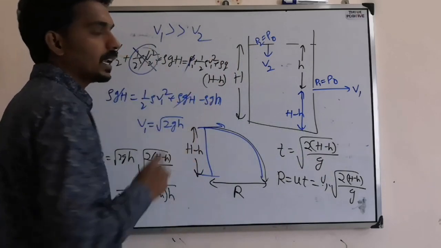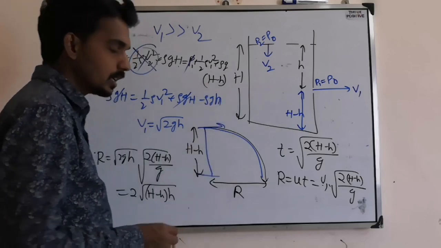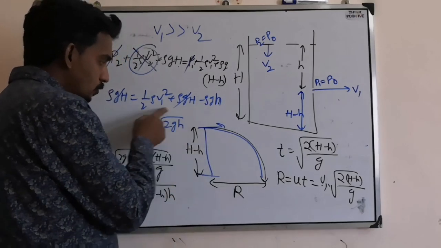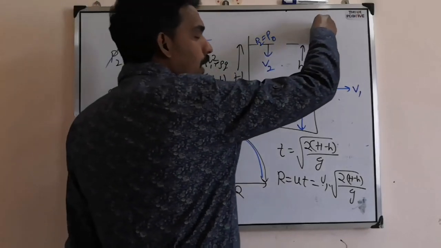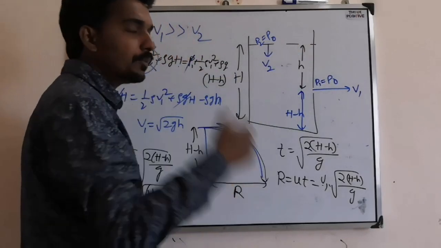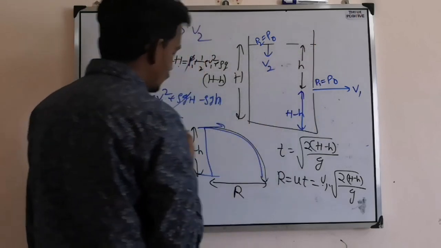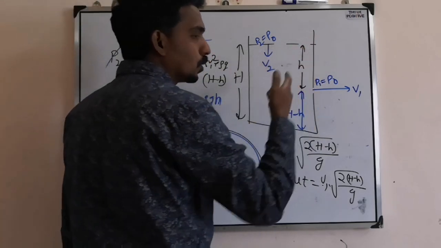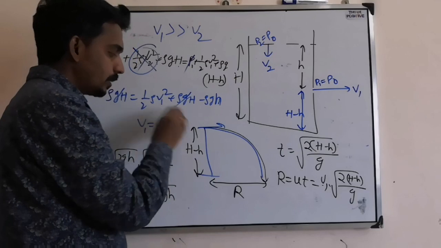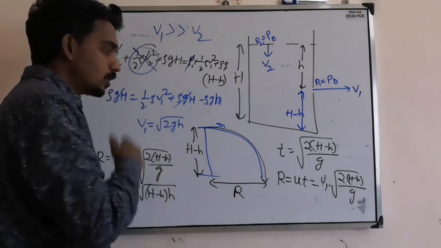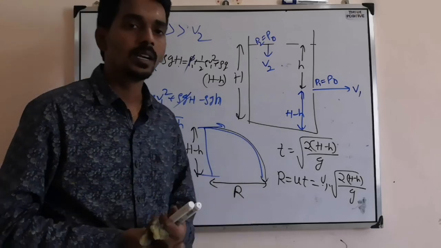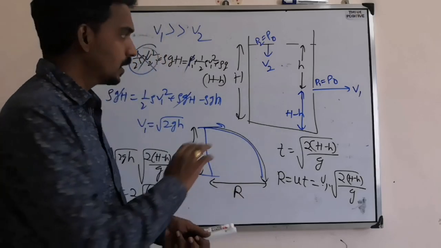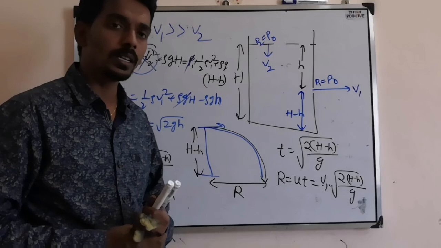So three things they can ask. And if you observe, this speed is a similar formula to when a particle is falling from height h in free fall, the same velocity it will acquire after falling through distance h. The similar result is coming, and this was found by Torricelli, and that's why we call this Torricelli's theorem.